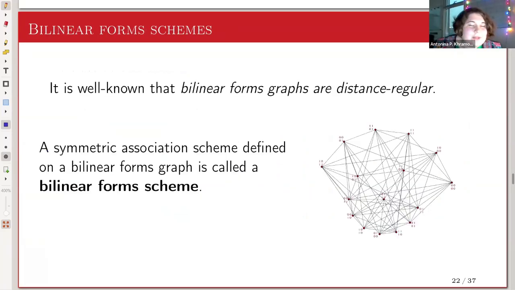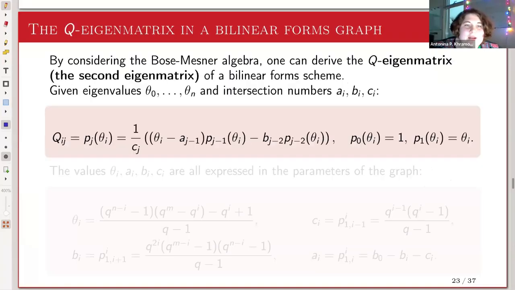Apart from Hamming graphs, bilinear forms graphs are also distance regular. So for them, we can also define a bilinear form scheme, just using the same logic as with Hamming graphs, but for bilinear forms. And for any association scheme, we can consider the Bose-Mesner algebra that arises from this association scheme, and we can define the Q eigenmatrix or the